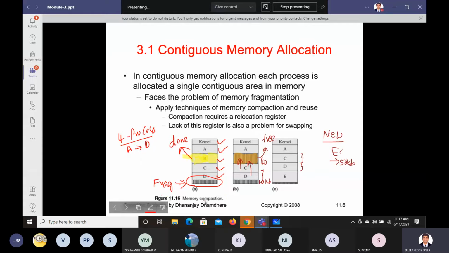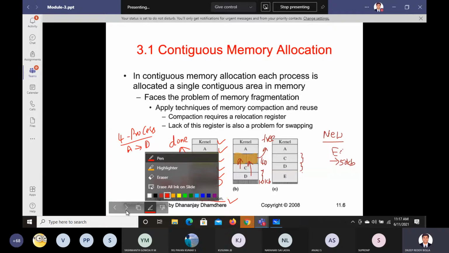Red is better. Yeah, so this is memory compaction. So what is that compaction? You understood, right? Where we don't have a free space, we are trying to allocate it by adjusting the other memories. This thing we are doing here is called memory compaction. So that is your concept. This is compared to your memory compaction in contiguous memory, right? Now let us move on.